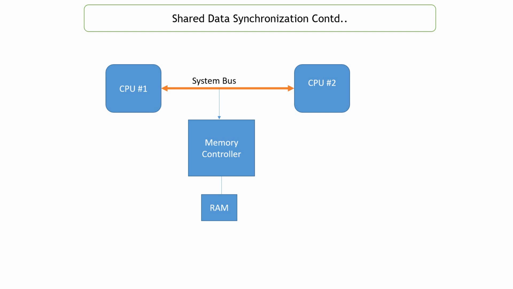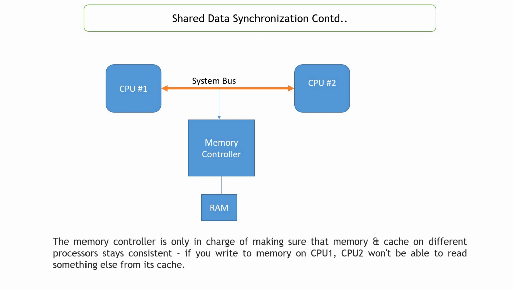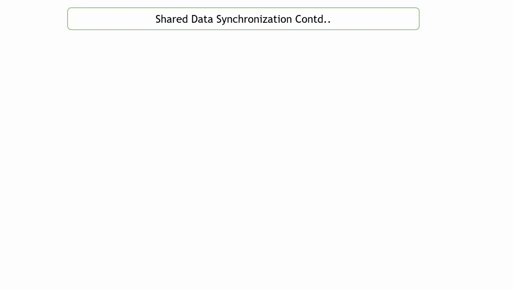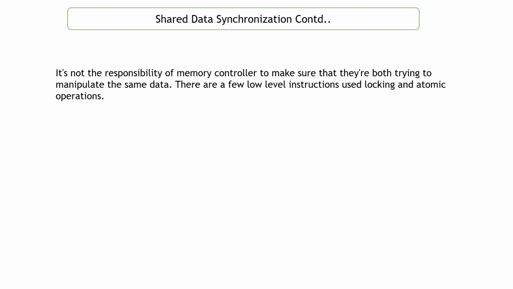The memory controller is only in charge of making sure that memory and cache on a different processor stay consistent. If you write to memory on CPU 1, CPU 2 would not be able to read something else from its cache. So it is not the responsibility of the memory controller to make sure that they are both trying to manipulate